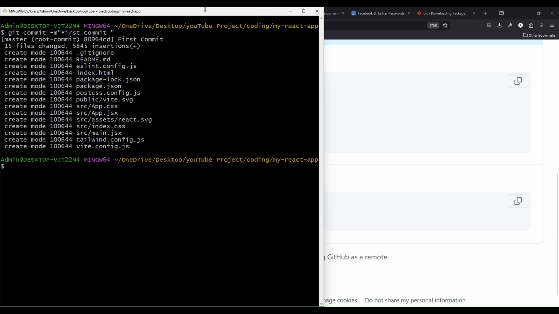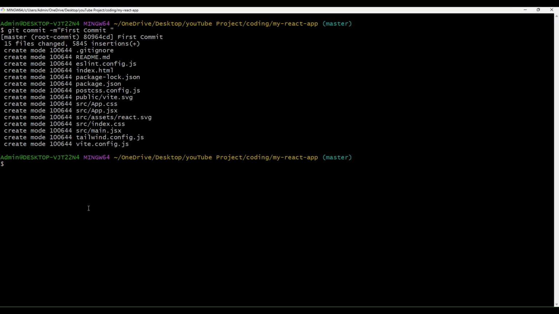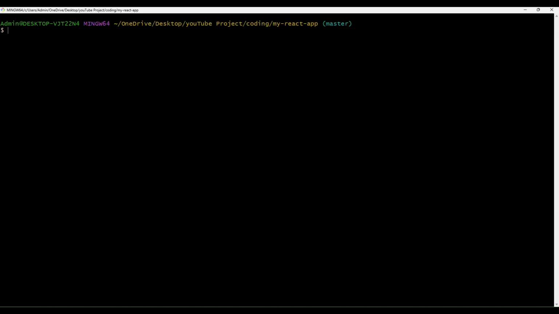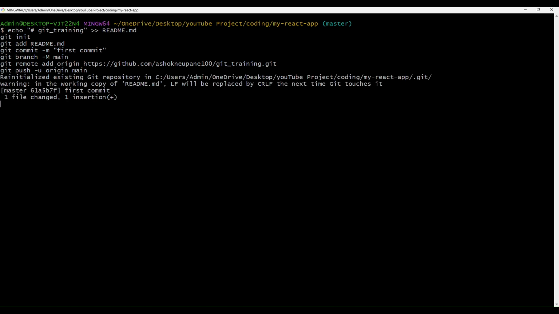Then here it is, and you just paste the thing here. You paste it there, then you can see it's done.